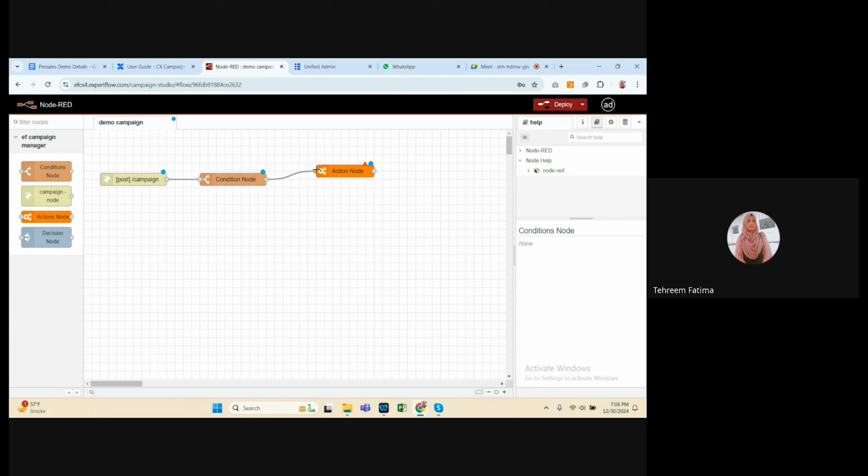You can just change the flow or customize the flow as per your requirement. It's totally configurable. So you can add as many action nodes as you want with the condition node. The action will be applied on the basis of the condition.